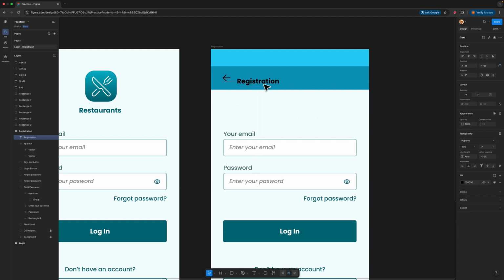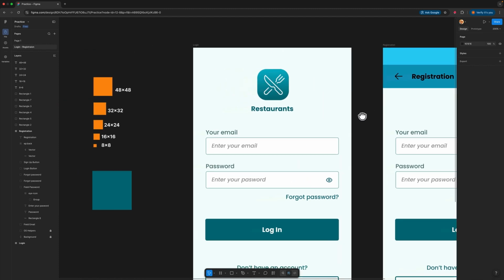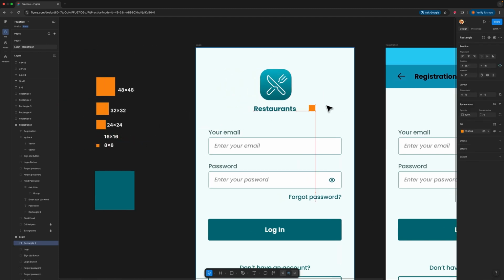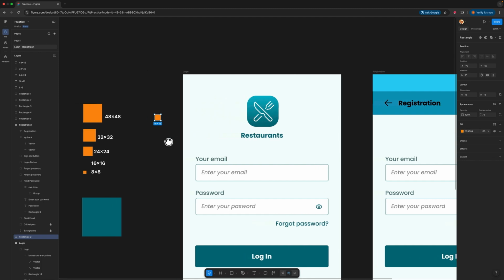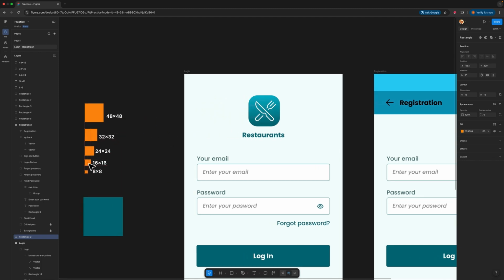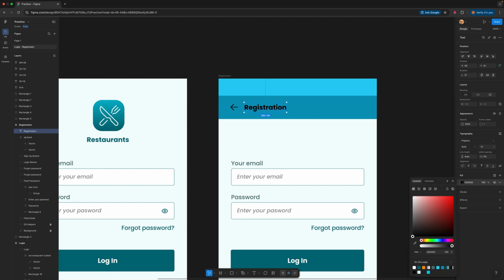and I'll click and drag over here in the middle alignment, and the spacing between this arrow and the registration I want it to be again 16 pixels. So I'll grab my 16 by 16 square over here and I'll just place it next to the arrow and I will click on the registration text and then I will move it a bit to the left, and then I will click and drag this orange box from where we had picked it from, and I'll change the color of this registration to our main primary color,